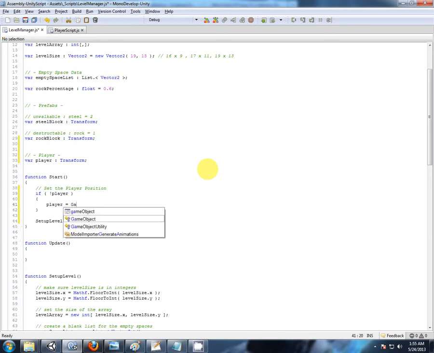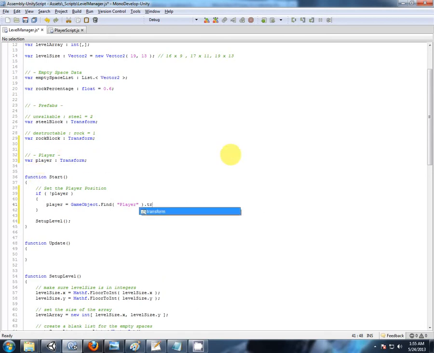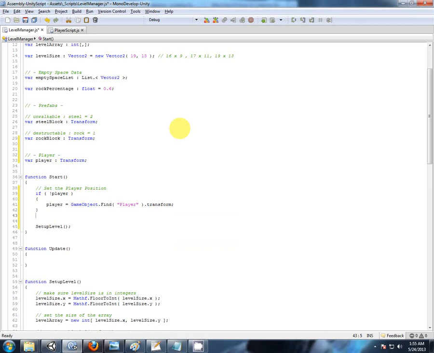Player equals GameObject.Find, and it was named Player with a capital P. GameObject.Find Player, and we are accessing and storing a reference to the transform. Okay, so now we definitely should have a reference to the player, unless it's not named Player. So let's just set the player.position equals